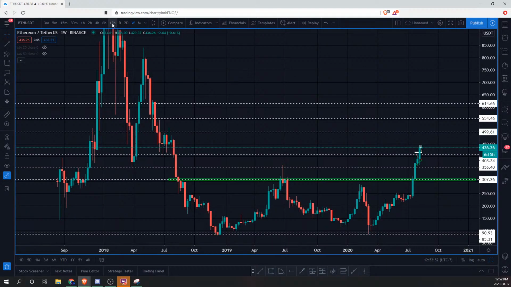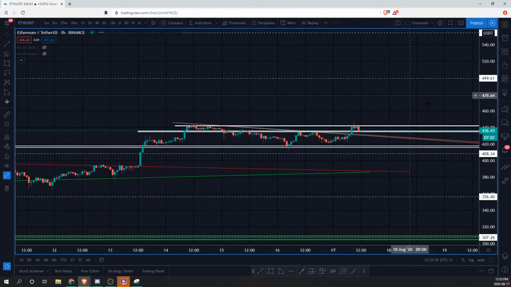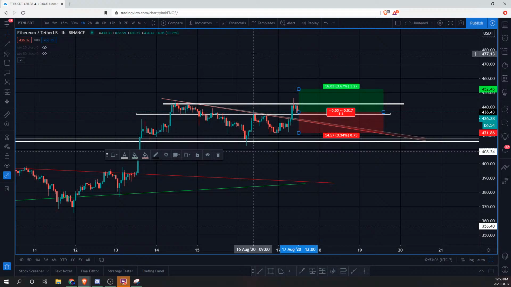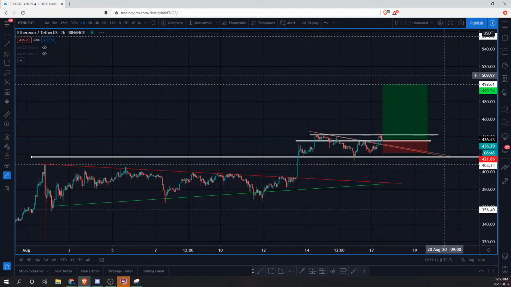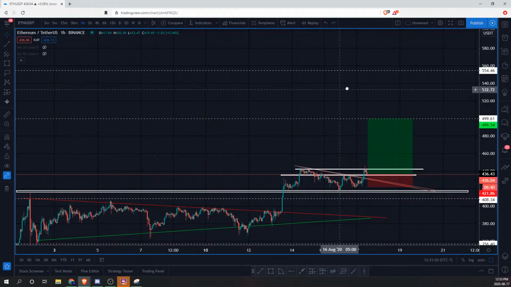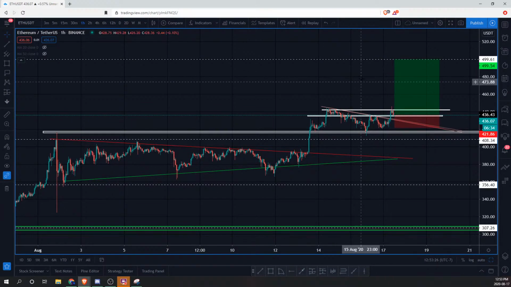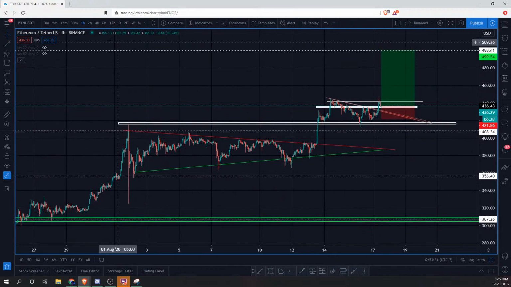So around $500 is the next zone that we would be looking at for a potential target. So then this would be something along the lines of that, right? And then you're able to really extend if it goes beyond. Another $50 per ether would be an over 8 risk reward, which is really solid. So that's going to be the opportunity that I would be entering in if I